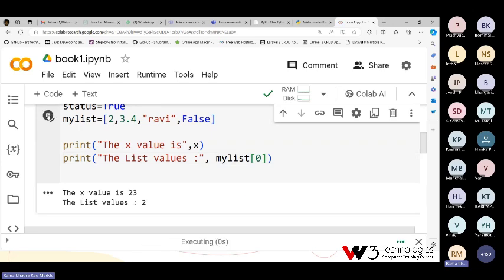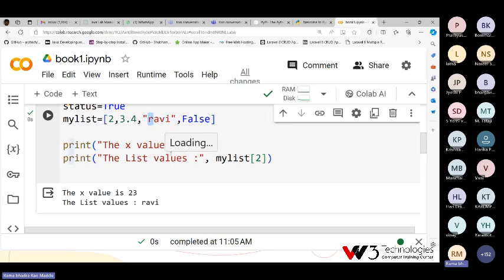Then you will print only 2. If you give 1 location, then you can print the first location value 3.4. 0 is 2, 3.4 is 1 location, and then if you want to give 2, then it will print Ravi. So list is very intelligent.